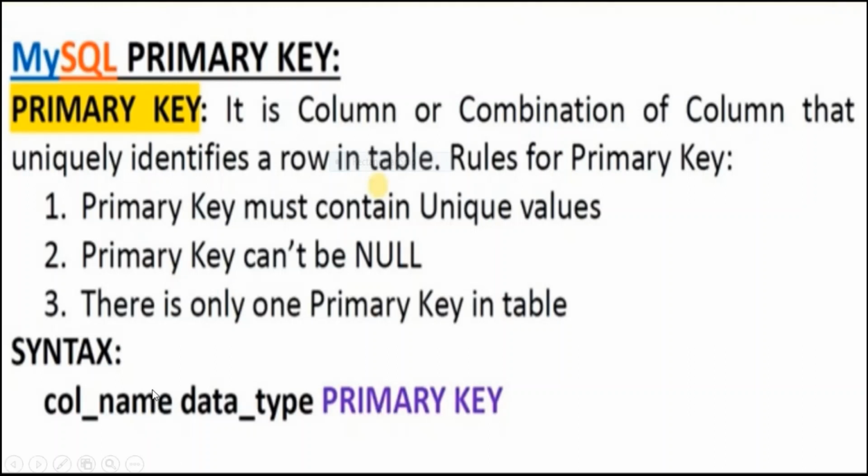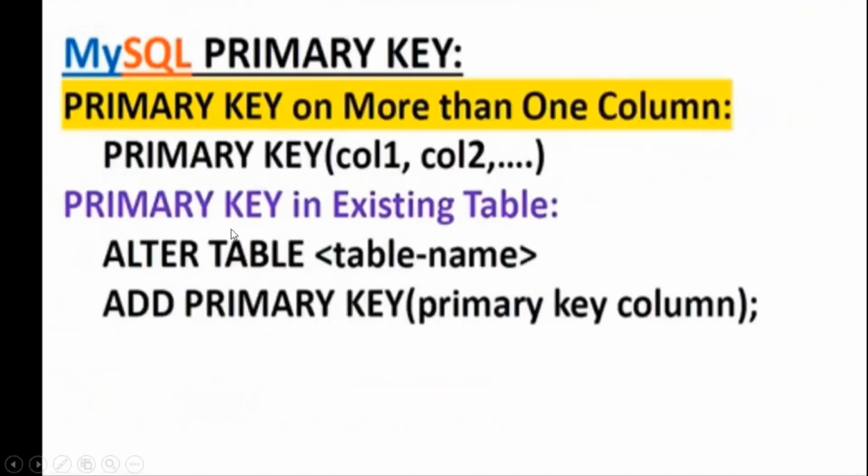So we can create a primary key by 2 methods. One is using the create command. We just need to name the column we want to make the primary key. We will write the name of the column, then the data type, and simply write primary key after the declaration of the column and its data type, and your primary key will be constructed. Otherwise, if you want a combination of more than one column for the primary key, then simply write primary key and within brackets mention the column names.